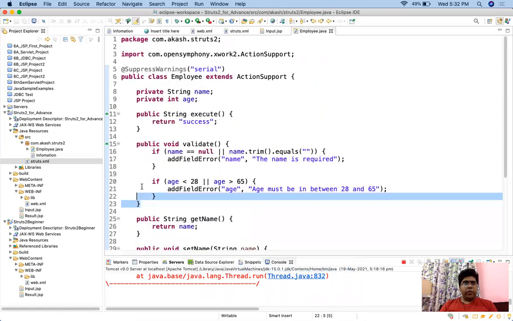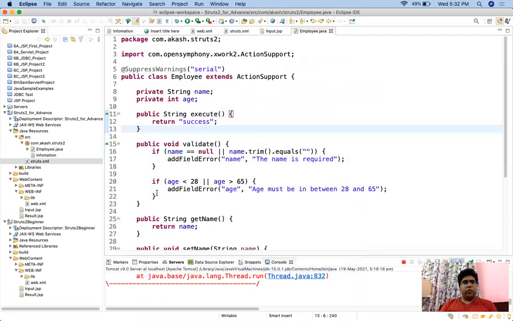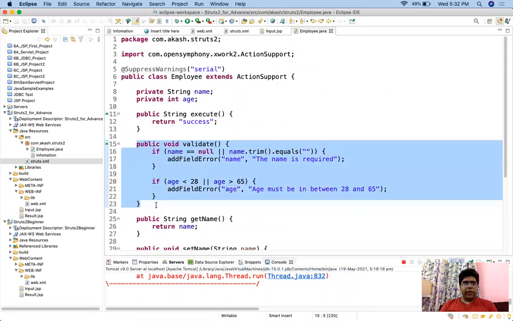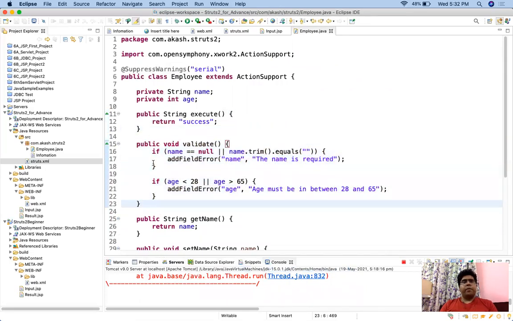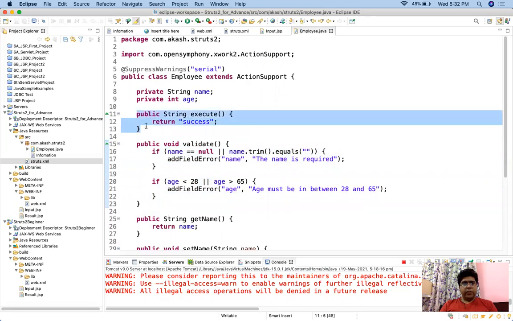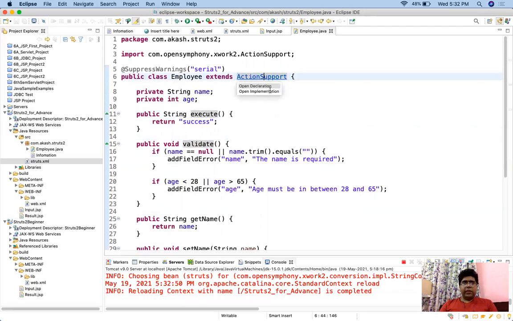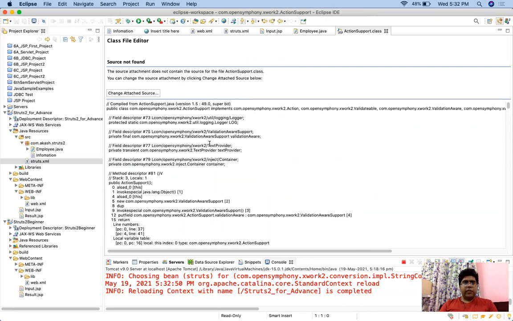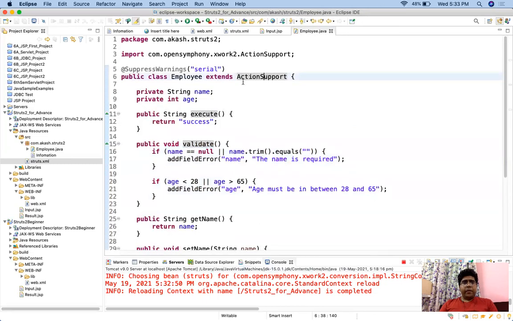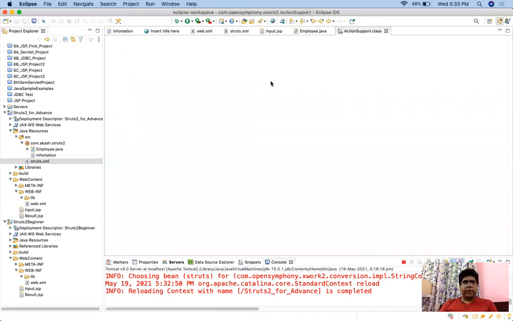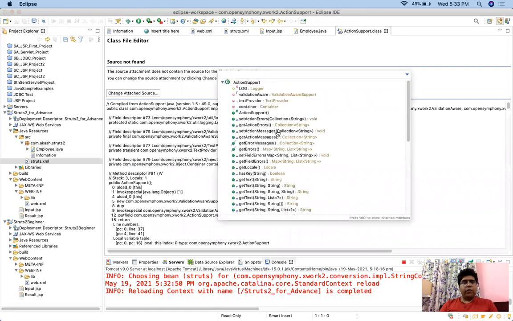But how about these two methods, the execute method and the validation method? We will come to the validation method later on. But first, let's look at the execute method. As I told you, there are two options. Either you can use the ActionSupport class, which is actually a class, and for a class you need to extend it, but there is a method called execute. If I simply click on it, and if I want to look at what kind of methods it has,